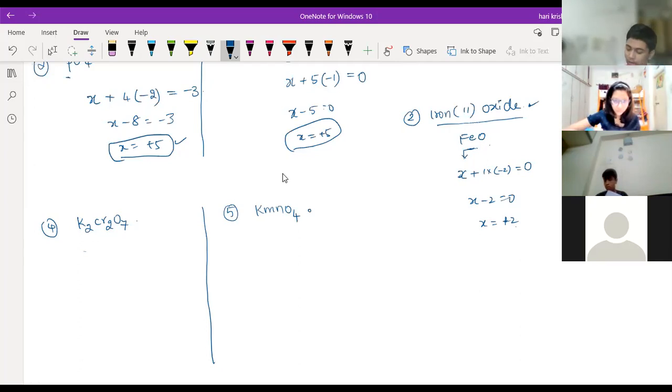Because if you keep potassium as -1, then 2 into -1 plus potassium. Yes, sir, potassium is -1. Yes, sir, atomic number 19, right? Which group? First group. Oh, sorry. Everybody got the answer? Try it first. I will explain to you. Don't worry. Sir, 2 minutes, I'm solving that.